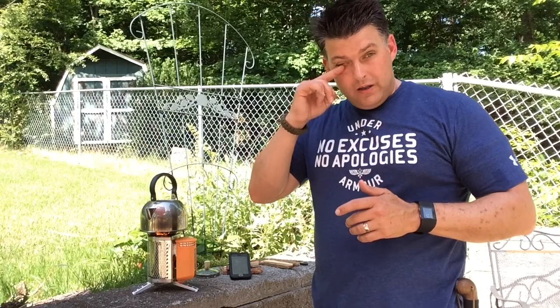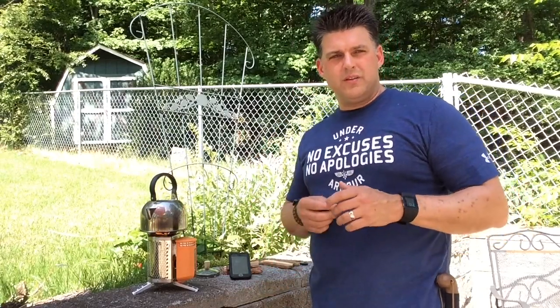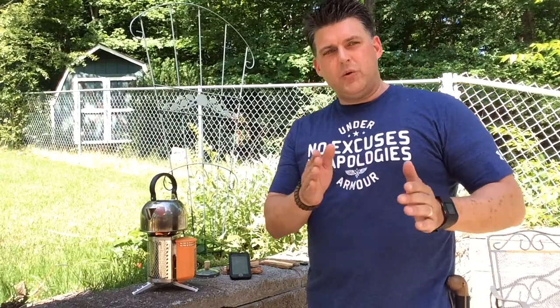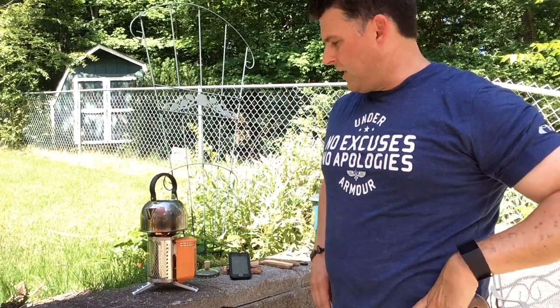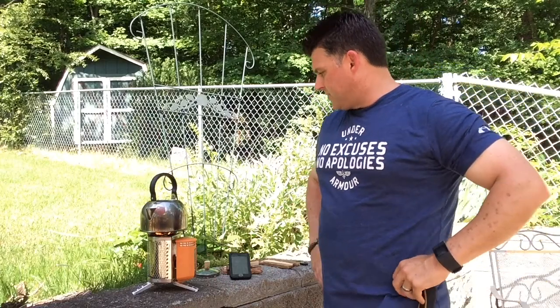And like I said, I put about 32 ounces of water in there. That's quite a bit. That's enough for most Mountain House meals. Most of those meals take a half cup to a cup of water, so I wouldn't need that much unless I was doing it for everybody. But most backpacking trips we go on, everybody takes care of their own stove, so there's multiple stoves there. But in addition to this, with the power, I think it's pretty awesome that you can